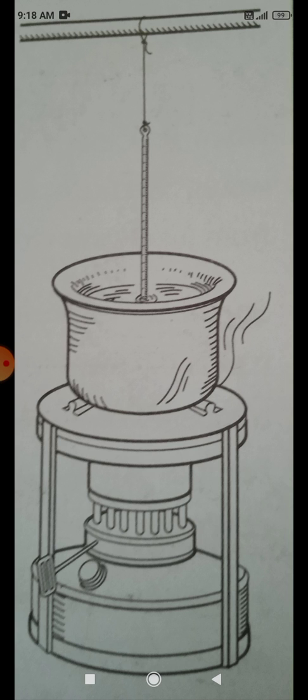You have to take some water and keep it in a vessel, and you place the water vessel on a stove, and you have to fix the thermometer for finding the temperature of the water. For that you have to fix the thermometer just like in the picture. Okay, now all are fixed. First you have to note down the temperature of the water before heating.